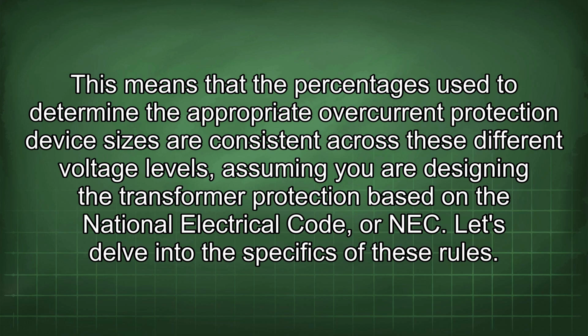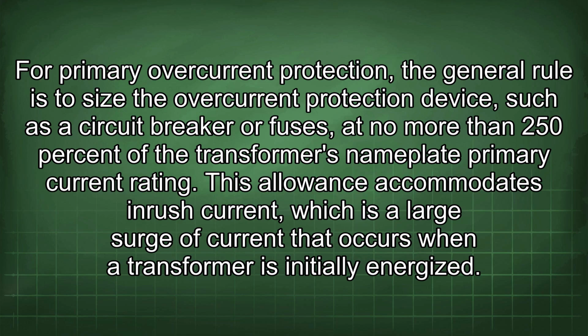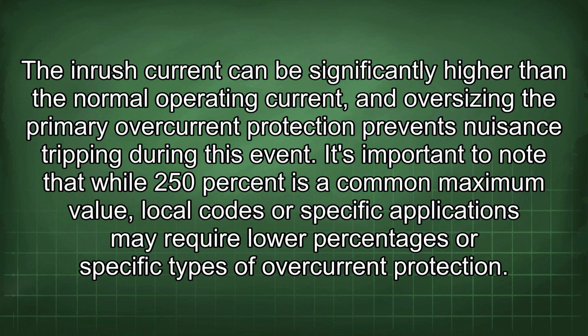Let's delve into the specifics of these rules. For primary overcurrent protection, the general rule is to size the overcurrent protection device, such as a circuit breaker or fuses, at no more than 250% of the transformer's nameplate primary current rating. This allowance accommodates inrush current, which is a large surge of current that occurs when a transformer is initially energized. The inrush current can be significantly higher than the normal operating current, and oversizing the primary overcurrent protection prevents nuisance